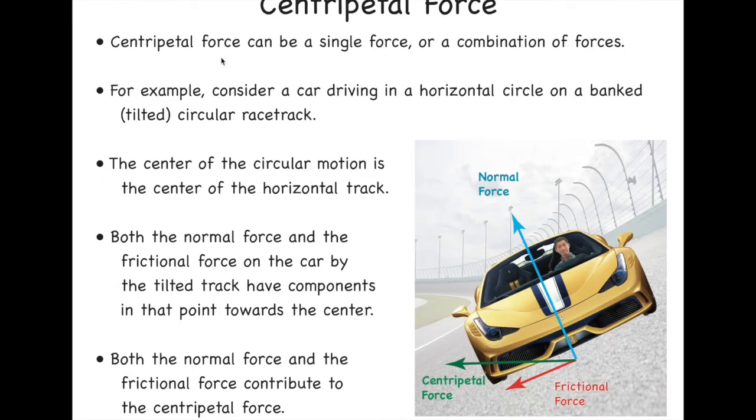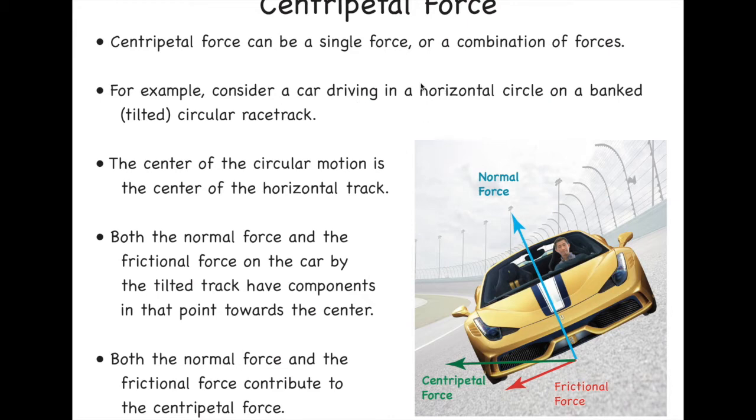So we've seen that centripetal force can be just a single force, like the normal force on a merry-go-round ride, or a frictional force in the case of a car going around a flat turn, or tension if you have something swinging around a horizontal circle on a rope. So for an example where the centripetal force is not a single force but actually a combination of forces, consider